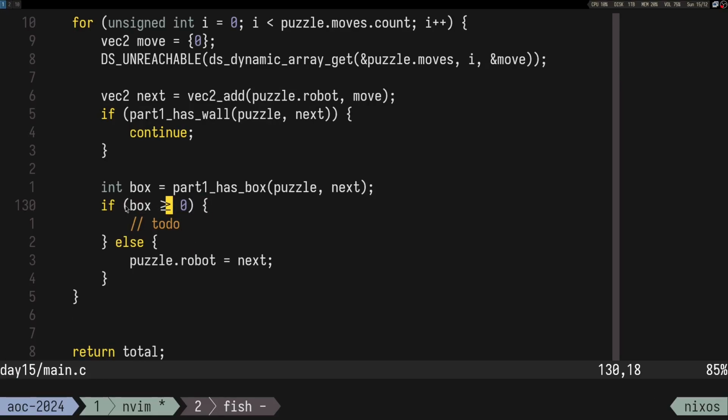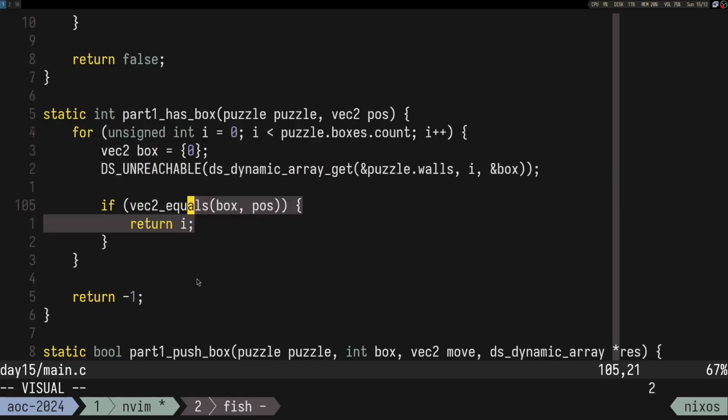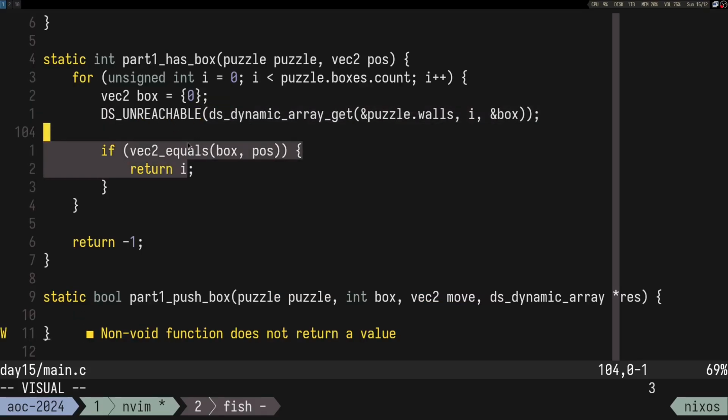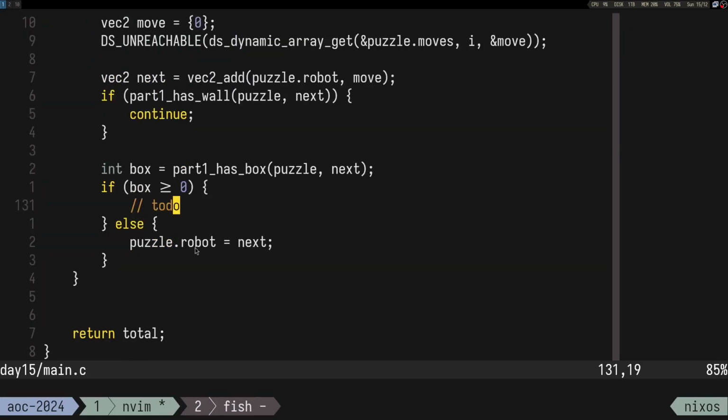Right, so we just get the box index because I'm too lazy to write the same function twice. But you can see it returns the index of the box if we find it. So I think that should do it. So what we are going to do here is